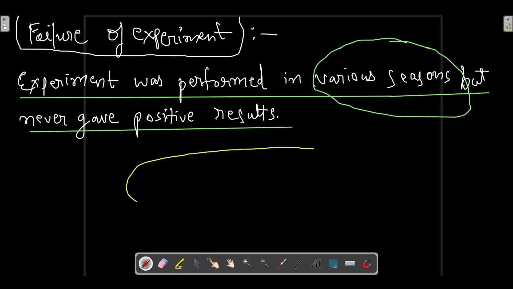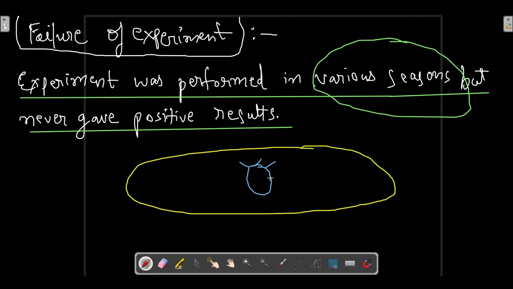Suppose this is the elliptical path on which the earth is revolving around the sun. This blue colored object is the sun, and this green colored object is our earth. Now, at various times of the year, at this particular time, the orbital velocity of the